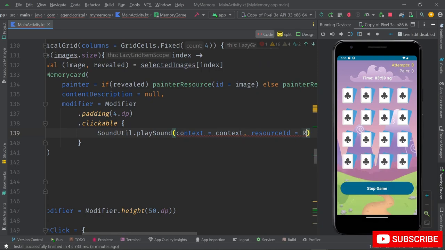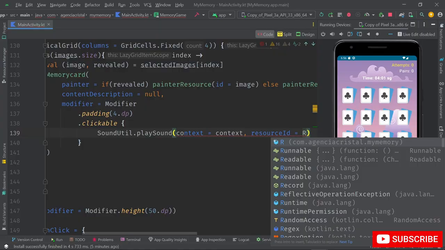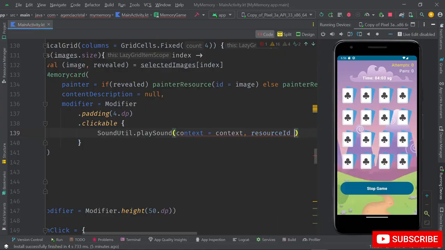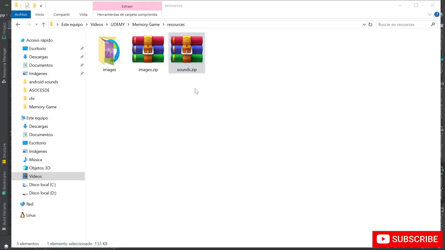In this case, we need to add new resources, for example, sounds. I share you the sounds package with you,